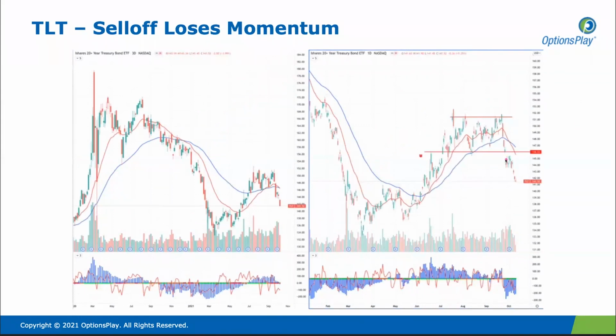And one of the big breaks here, or one of the big causes for the market losing that momentum, has been TLT. The bond market has been particularly weak, breaking below the 146 level for TLT as it continues to move lower. This has been a concern, especially after this double top high on bonds.